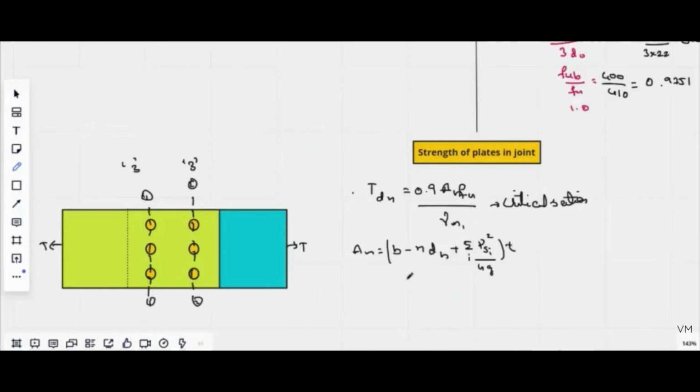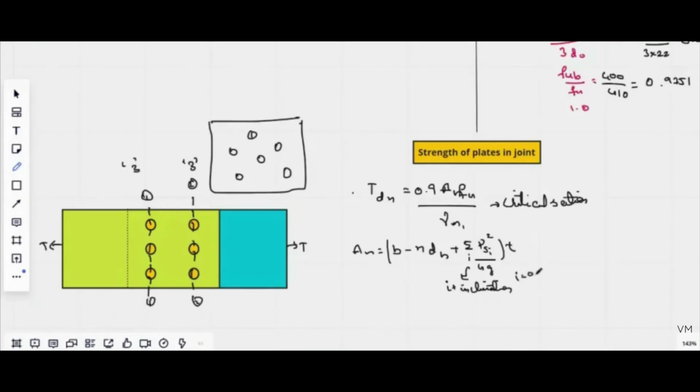The net area of plate here, this I will come across when there is inclination or when we are going to provide staggered bolting. In this case, we have provided chain bolting. This is why the value of I will become 0. So the formula what we left over for net area will be B minus n dh into thickness of thinner plate. Both the plate thickness is 20 mm.